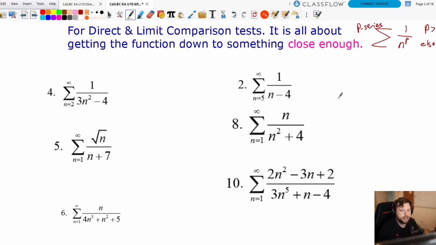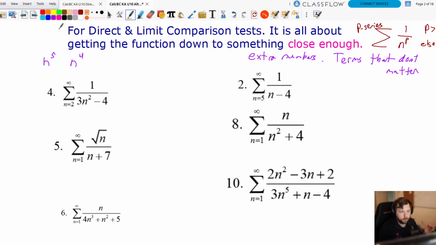Now, when I say get it close enough, I want you to get rid of the extra numbers. Get rid of terms that don't matter. What matters is the highest degree term, right? It's like when we did the limits going to infinity of rational functions with polynomials, we only cared about the highest degree term. So extras are terms that don't matter. Why don't they matter? Because as you go to infinity, and I had n to the 5th power and n to the 4th power, the 5th power, as you go to infinity, you are going to be